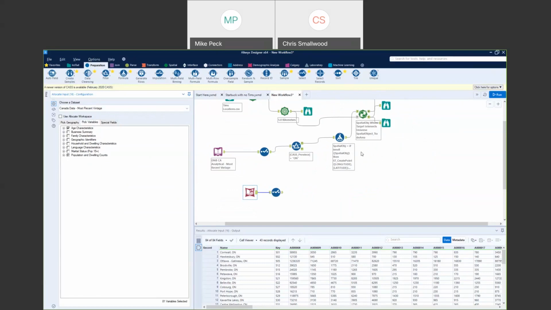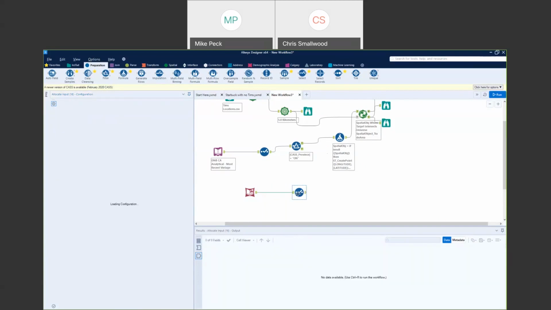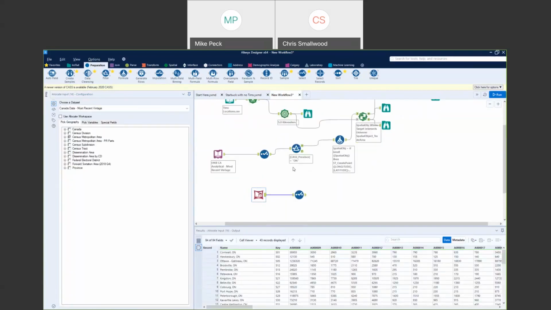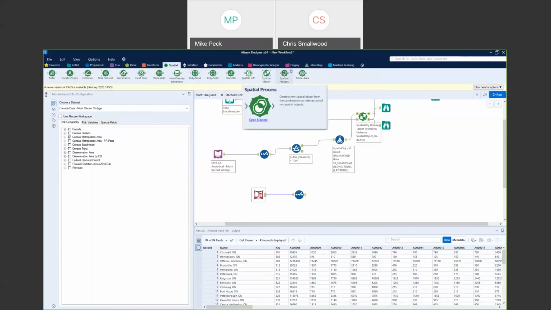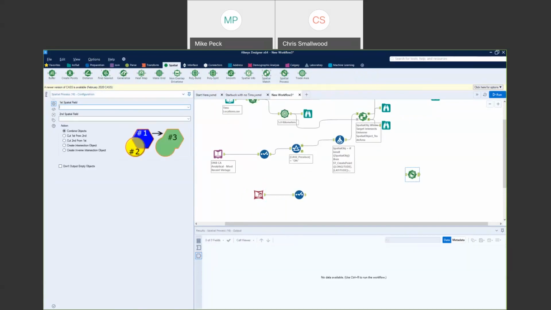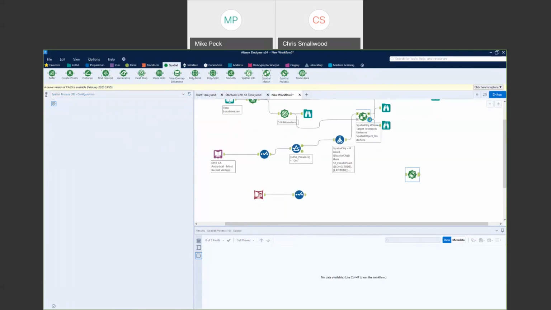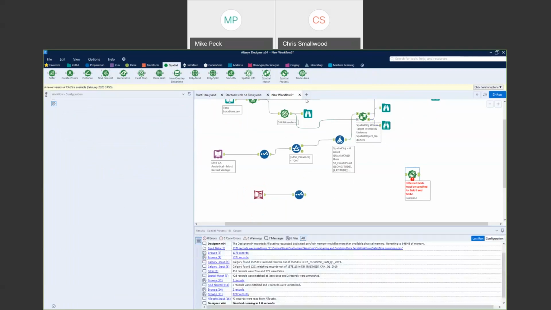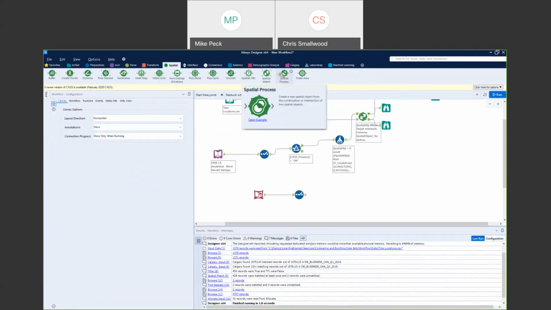So now what we're going to do is add in a little bit of a buffer. Actually, let's just put in a Spatial Match tool. So again, we're going to use the Spatial Match tool to match up based on the unmatched values. Those two locations, I want to know more information about that. Oh, that's a Combine tool I dropped in there. So the Spatial Match tool,